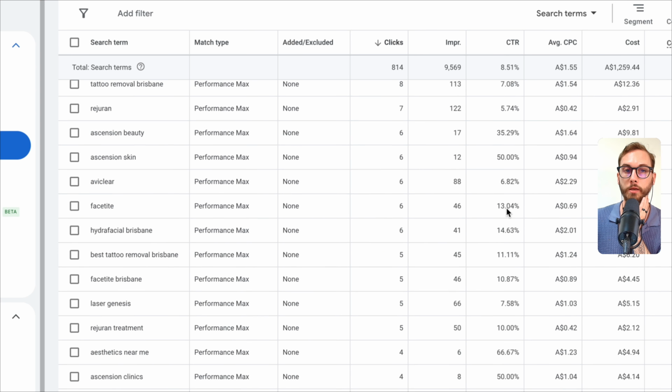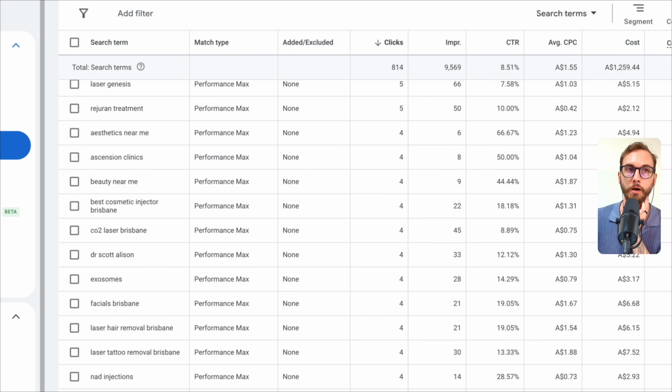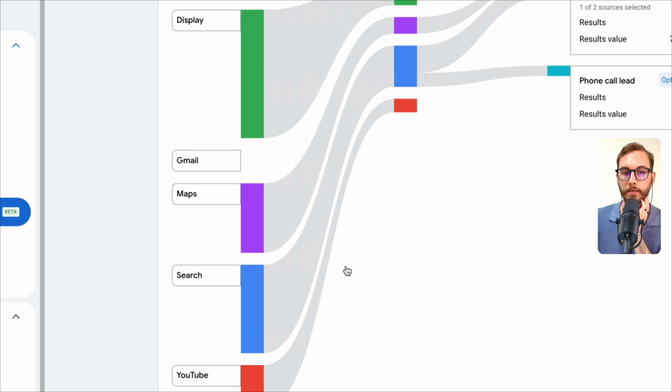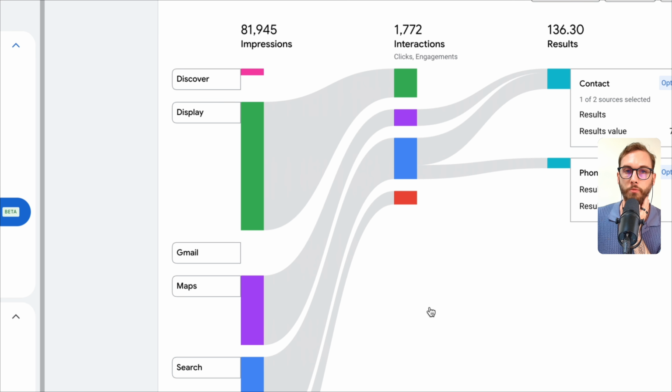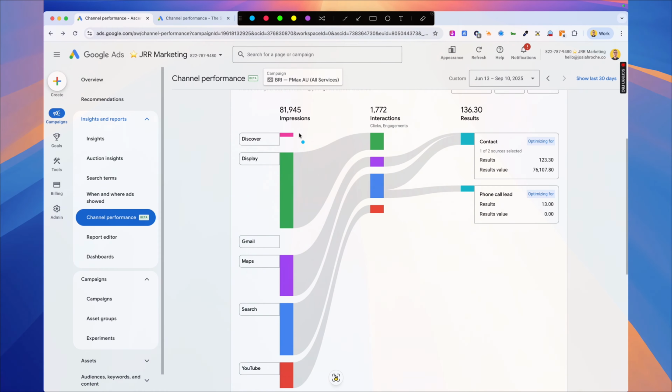So that's one way of improving your campaign. The other way, as you might have noticed, is the YouTube campaign isn't really generating us any money, right? Over 90 days. So what's that tell me? Well, maybe I want to run a Performance Max campaign that has no video assets whatsoever. I totally ignore video assets. I don't put any in there and I just let the rest of the channels do their thing